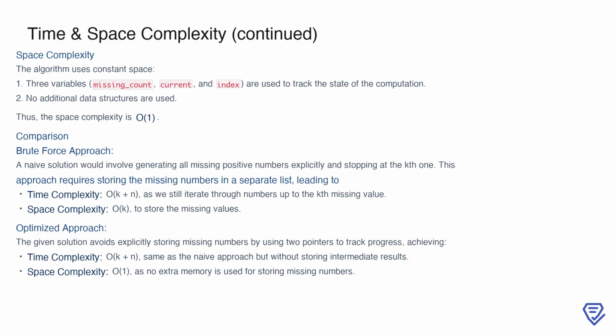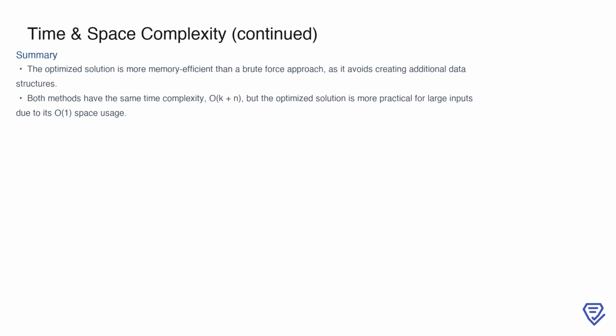for larger inputs. In summary, the optimized solution stands out for its memory efficiency. Unlike the brute force approach, it avoids creating additional data structures by relying solely on basic variables for tracking the computation. This results in an O(1) space complexity. While both methods share the same time complexity of O(k + n), the optimized approach is better suited for handling large inputs due to its reduced memory overhead. This makes the algorithm not only faster in terms of memory access but also more scalable for real-world scenarios with